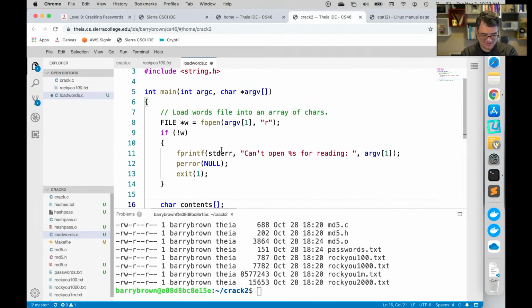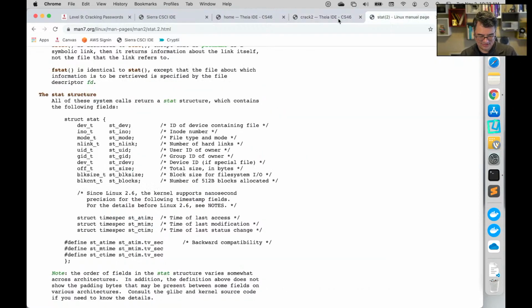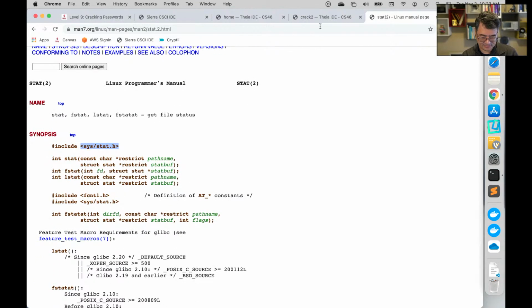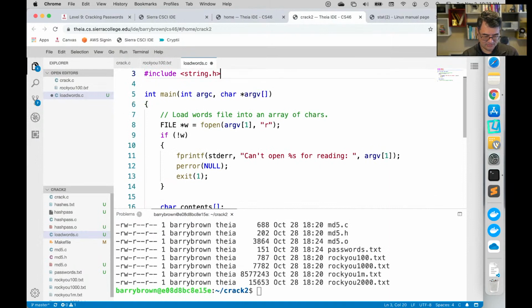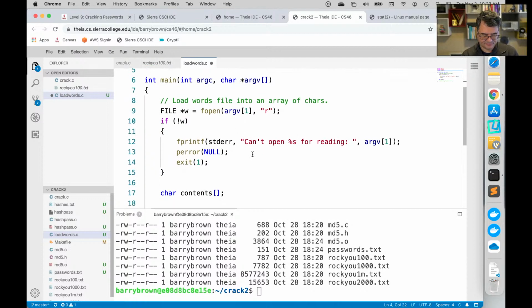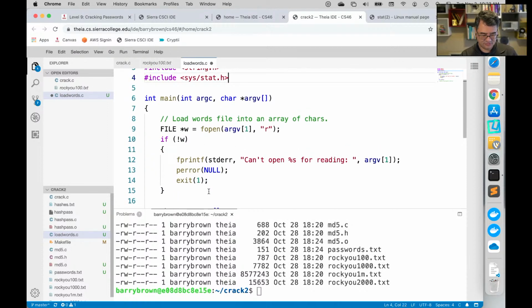Okay, so to be able to do this, the manual page says we need to include sys/stat.h. So maybe before we even open up the file, let's do that.